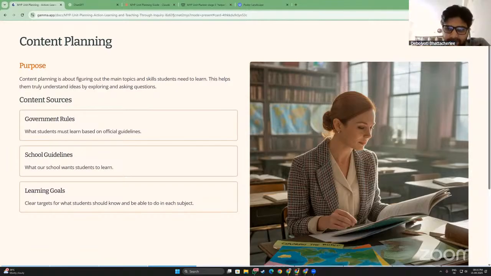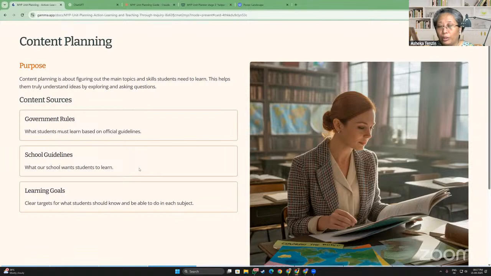If you are a CBSE or an ICSE teacher, content remains the same, right? It will not change if the board is different, right? A cell will be a cell, and you know that for that particular grade level, this is the depth that I have to go to in order to teach that particular unit or topic. So then you decide, looking at different resources that are available to you, what you want to teach. So what students must learn on the basis of official guidance,